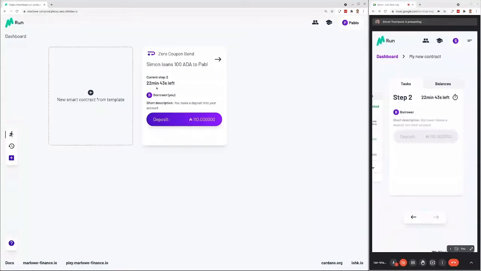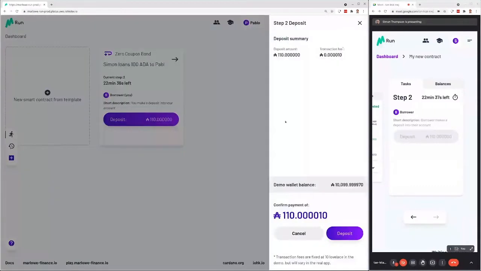Here we can see the deadline for me paying back. So we just do the same thing that Simon did. I click the deposit button, and we can see I would deposit the 100 plus 10 of interest plus 10 Lovelace of fee, and I just click deposit,